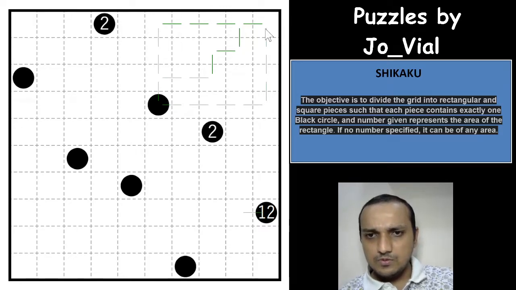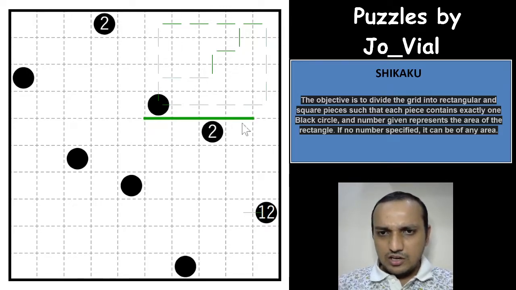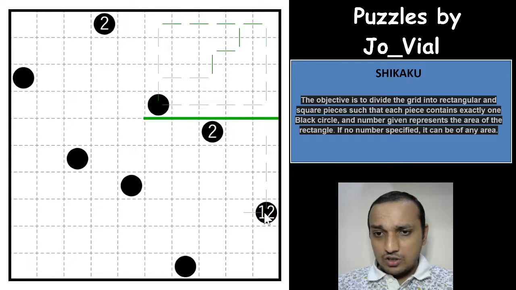Which means this circle cannot come down now. Now which circle can take this cell? It cannot take 12, because 12 is not possible. It cannot take 2, because it will be 3 cells, the area will be 3. It cannot be taken by this black or this black circle. So it will have to be the 12, and it cannot be 4 into 3, it can only be 6 into 2. So 12 is also done now. Nice one.